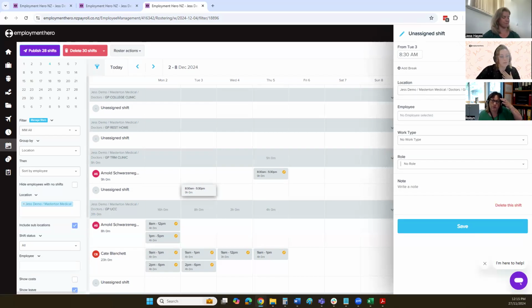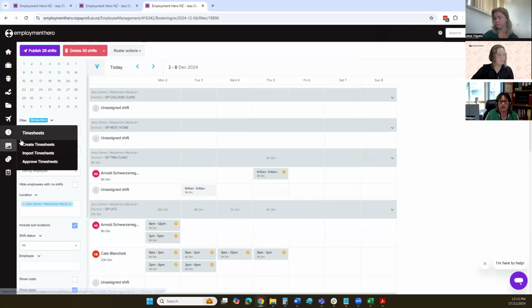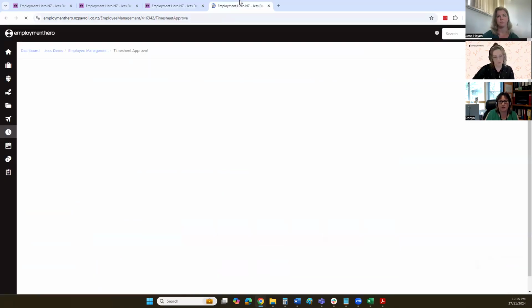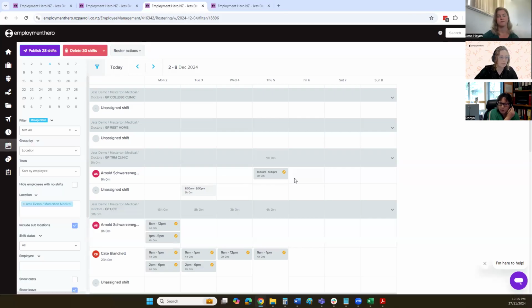So just a couple of questions, if I can. Firstly, if somebody is rostered on a shift and then they clock in and clock out with a timesheet that matches that shift, does it auto approve, or does the manager have to? We can turn that on. It is a setting. So if you do have that setting on and want that to work, then absolutely we can have that turned on. It means for a manager looking at their approved shifts, there's way less to have a look at if it matches. Exactly. And then if you have somebody rostered to a shift and they call in sick,